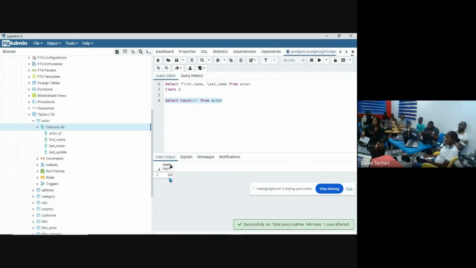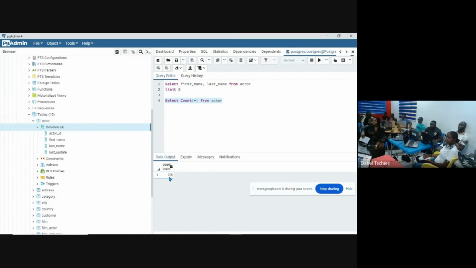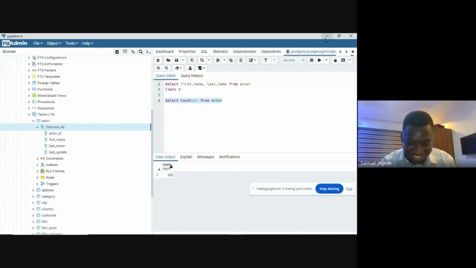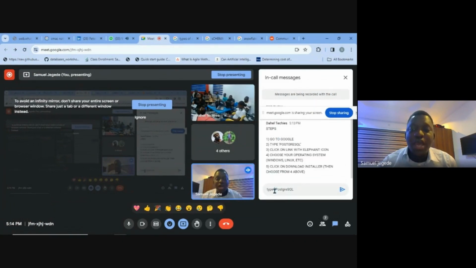Great. Can you see the answer? The total number of actors we have in the table. 200. So don't ask me any further question, because it's as if you want to know everything about SQL today. There will also be another session where I will go deep into SQL. Is that the only question? Can I move on?